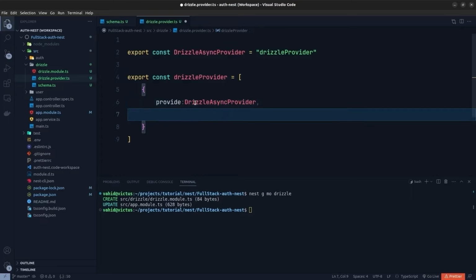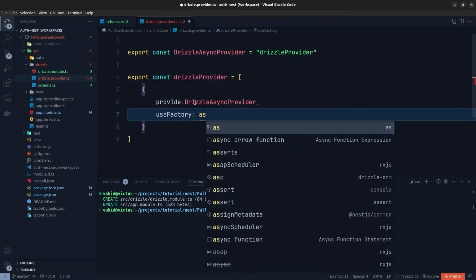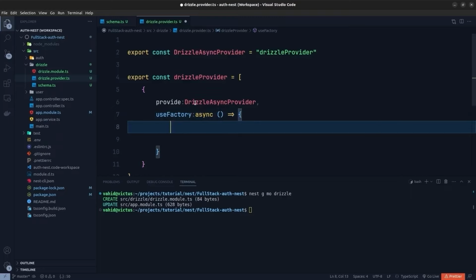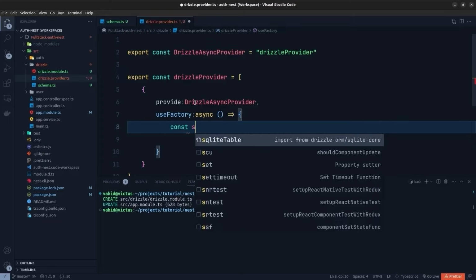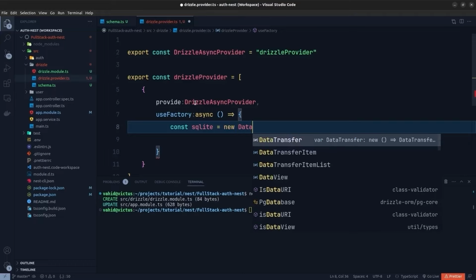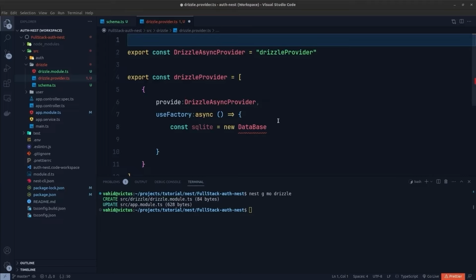and now we can define our actual provider, which is going to be a useFactory. Okay, and we are going to set it to an async function. Okay, it doesn't have any parameter, so let's get rid of the parameter here. And here the first thing we should do is to create a SQLite database. So here I'm going to say const sqlite and set it to a new instance of the Database class. So I'm going to say new Database,